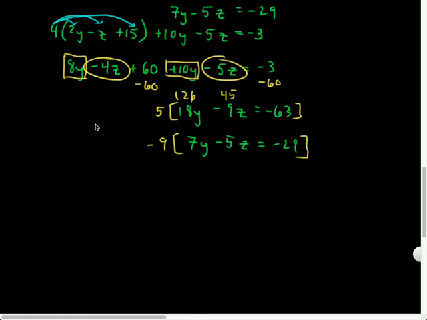So 5 times 18, 50 plus 40 is 90y minus 45z equals, let's see, 5 times 15 plus 300, negative 315. Is that right? I think so. Next one, negative 9 times 7, negative 63y plus 45z